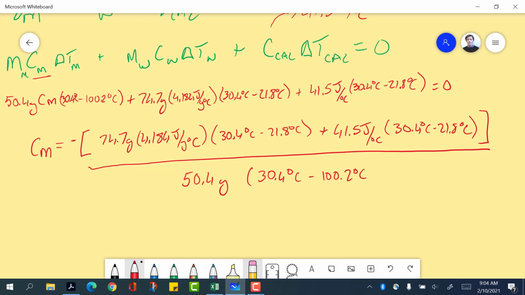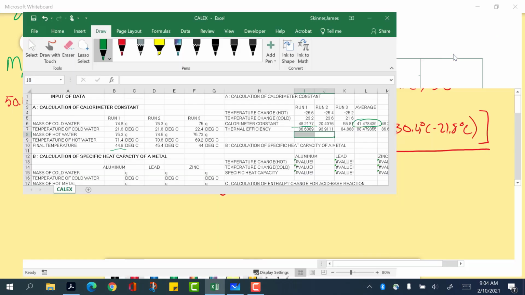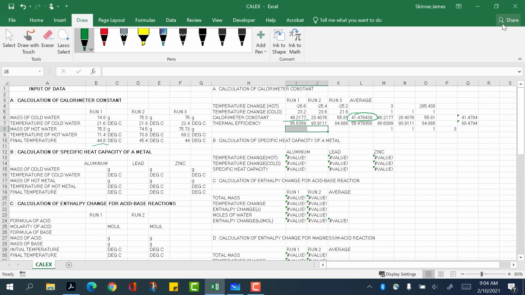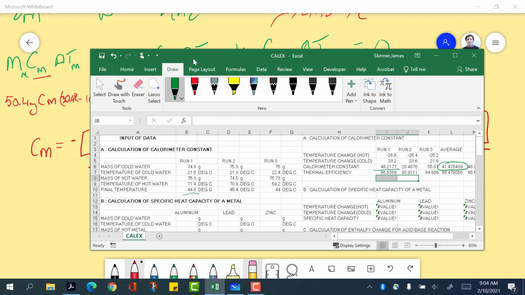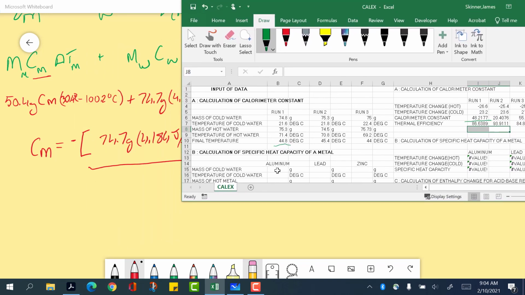Again, the metal was the source of our heat, so the final temperature should be less than the initial temperature. And so if you did that, and you plugged all that information in, and if we plug that information in there to specific heat, and we had